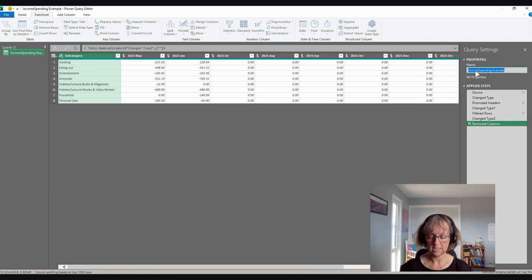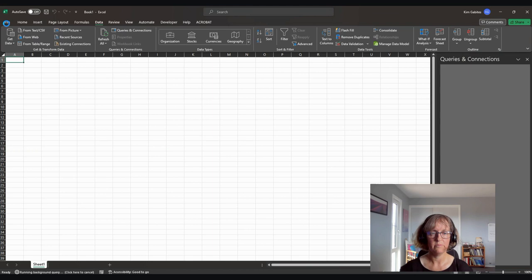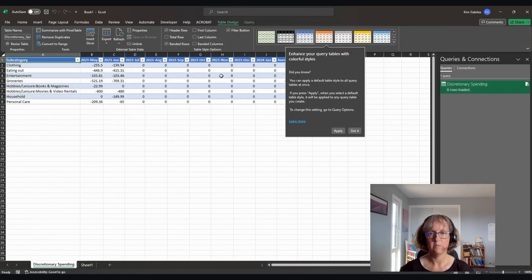This is income and spending example. So I'm going to change this to discretionary spending and just hit enter. So now this is the format we're going to see in Excel. And so then you go to home and you go close and load. What this does is it brings that source data over,